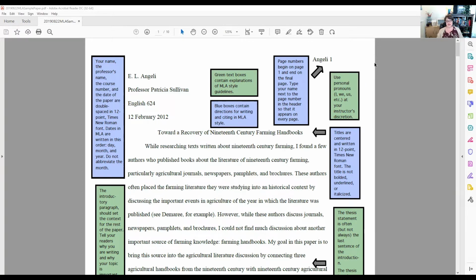So the first thing that confuses students is the difference between header and headings. In MLA, we have a page header that includes the student's last name and the page number. That is the header, and you find that in the upper right-hand corner of your page. And then there's a heading, and you should have this for all the written assignments that you do for your